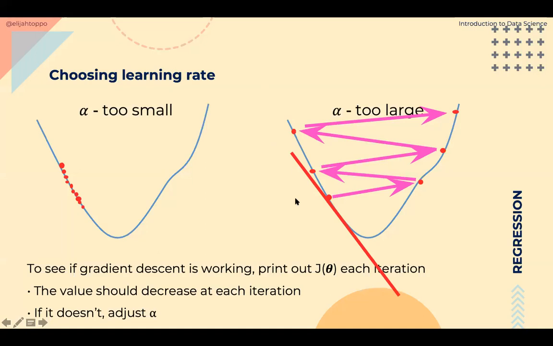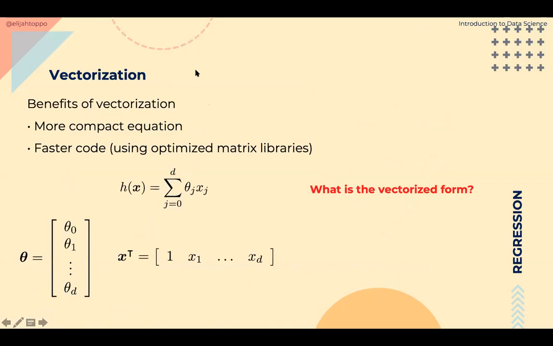Now there are many algorithms using scikit-learn that can automatically do these things for you. That is, we can figure out the new value of alpha automatically. But those are advanced concepts. For now, we will just keep a fixed value of alpha, and our hope is to find that value of alpha such that our cost will go on reducing and not diverging. Let me move to my other slide.